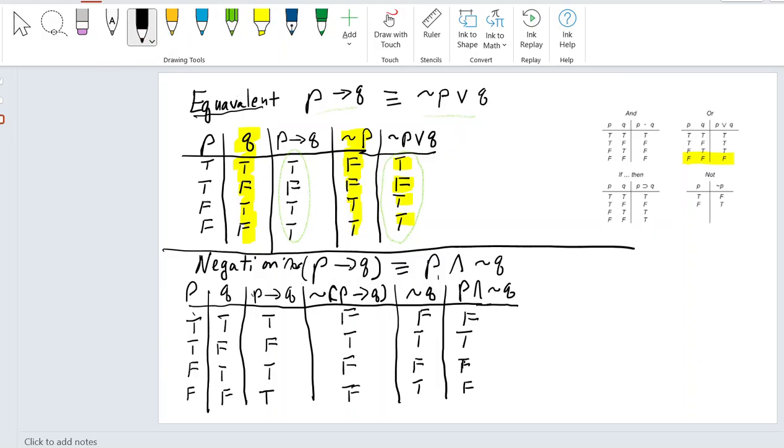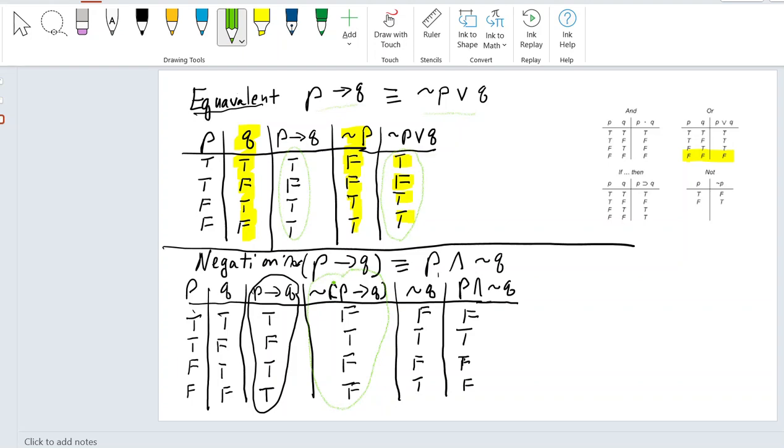Now, I'll go and take a look at the next one, which is negation. So I'm starting out with the same concept. I'm going to start out with P, not Q. This is it. And I'm doing a negation of it. And so I need the negation of P implies Q. And so that is this one here. This is my left side that I want to compare. So now I look at what is the other choice? Well, it's supposed to equal the negation of